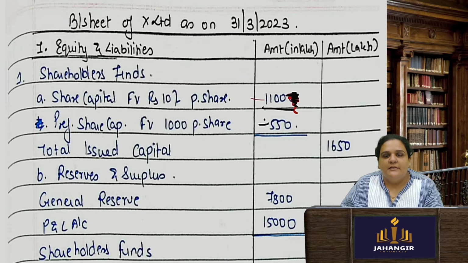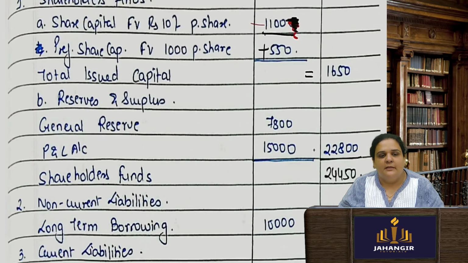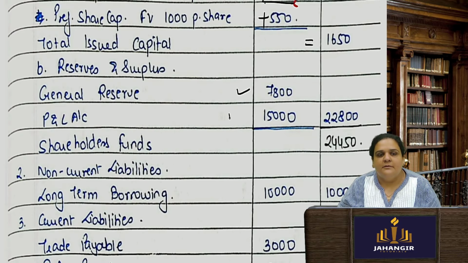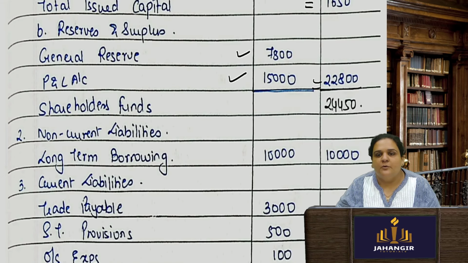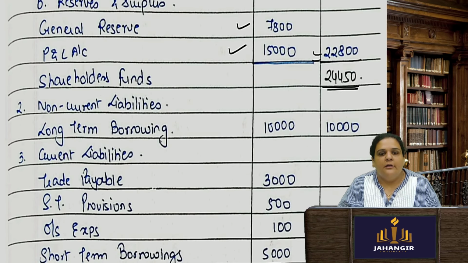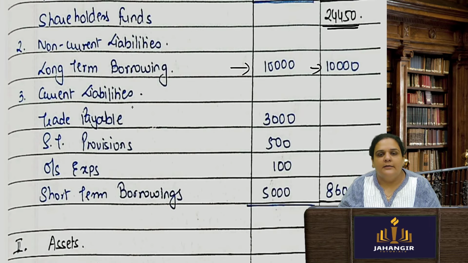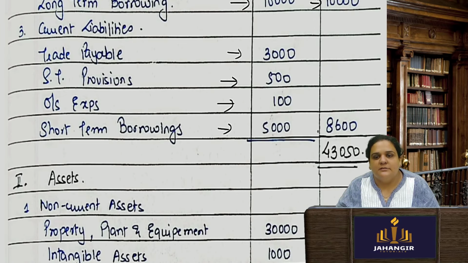1,100 plus 550, 1650. Reserves and surplus given, general reserve, P&L. Okay, so the total of the shareholders' fund is 24,450. In non-current liabilities, we found out this is 10,000. In current liabilities, this is trade payables, short-term provisions, other expenses and short-term borrowings, 8,600 total,